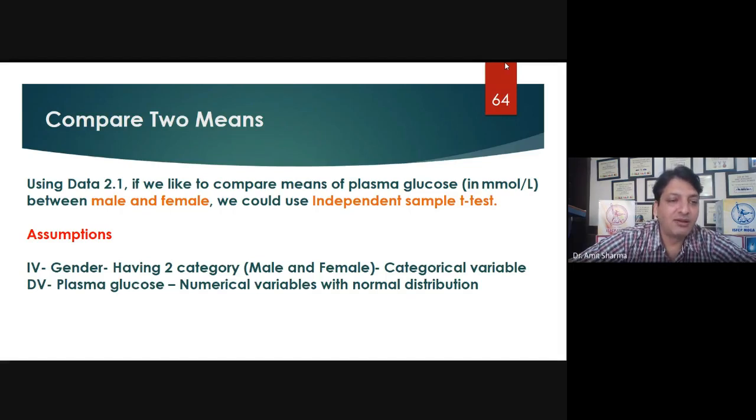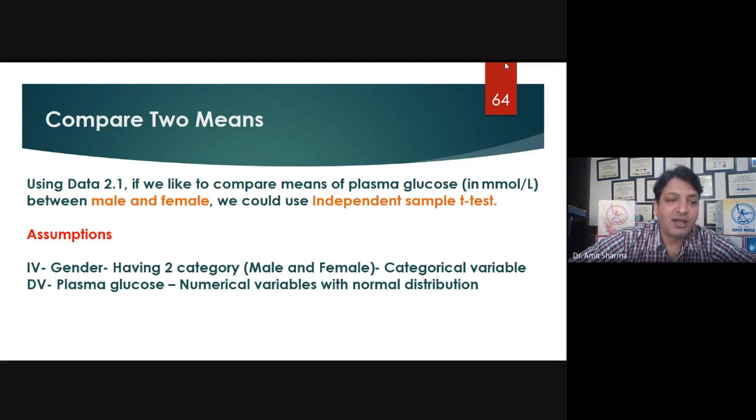Obviously, all tests have independent variables and dependent variables. Here, the independent variable will be gender and the dependent variable will be the plasma glucose level. Clear? So to apply the independent sample t-test, the independent variable should be categorical.